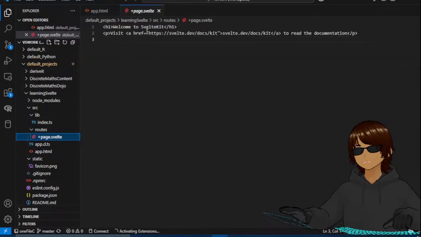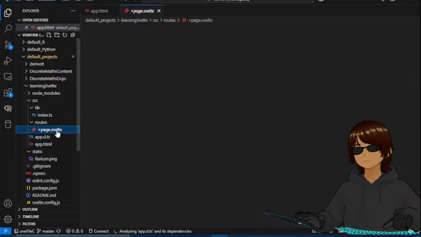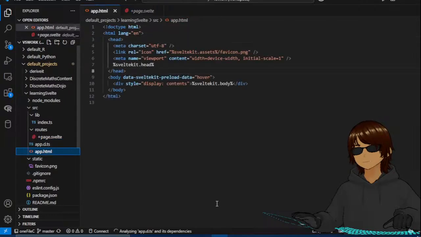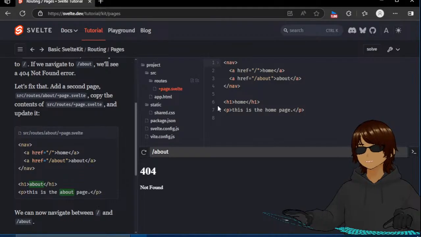Welcome to SvelteKit. Visit svelte.dev/docs/kit to read the documentation. So everything in routes goes to the body part, right? What goes on the head? Let this finish loading. So what they want is, this is the root page, and then the